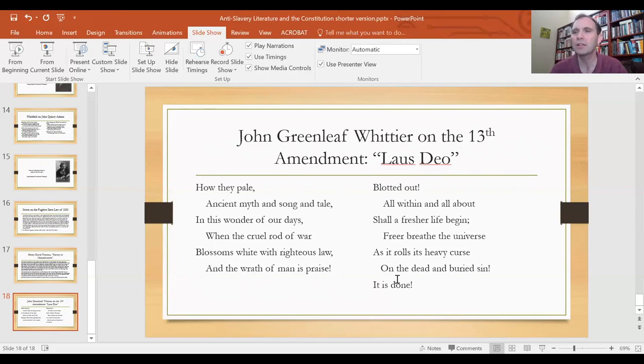And so for Whittier, what has happened now is that the text of the Constitution has come to match what Lincoln believed was the underlying spirit of the Constitution. Liberty and equality have become central in a way that they couldn't be before under the 1789 Constitution. And so now, in that sense, Lincoln's frame of silver has come more closely to resemble the apples of gold of those central ideas of liberty and equality.